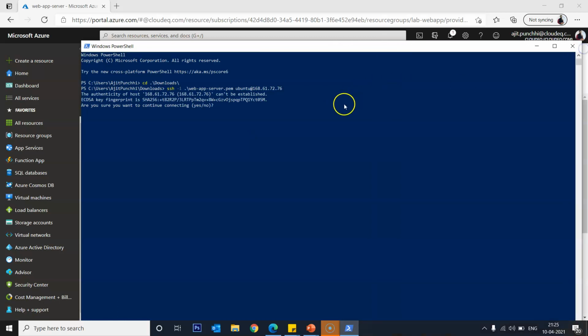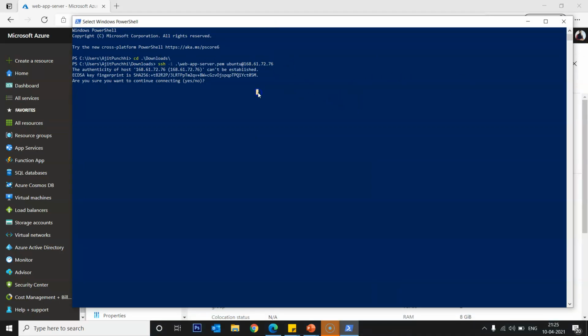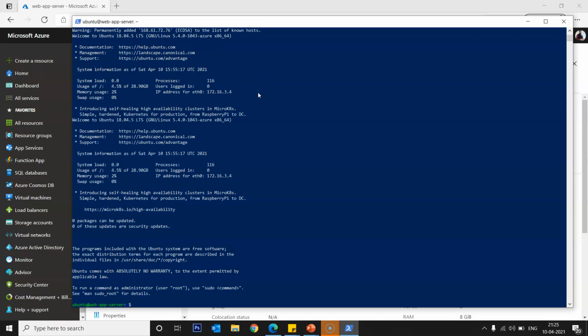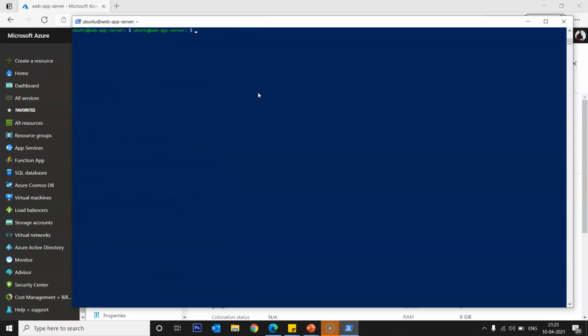Now to connect with the server, type yes, and now you are connected with your Ubuntu server. This is my fresh server, nothing is installed on it. This is a totally fresh installation.